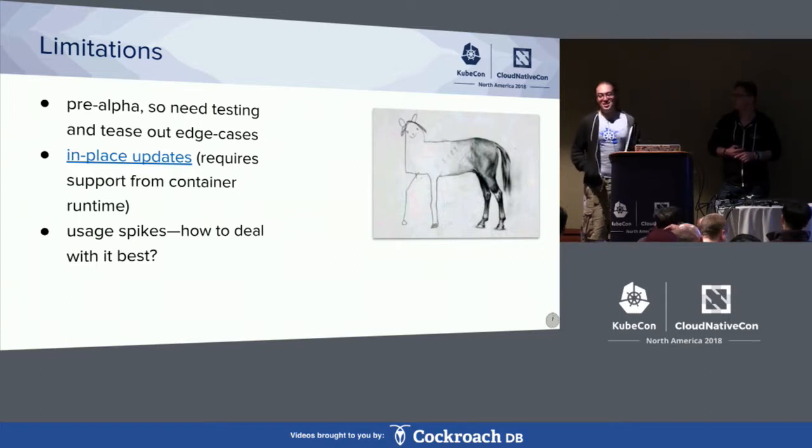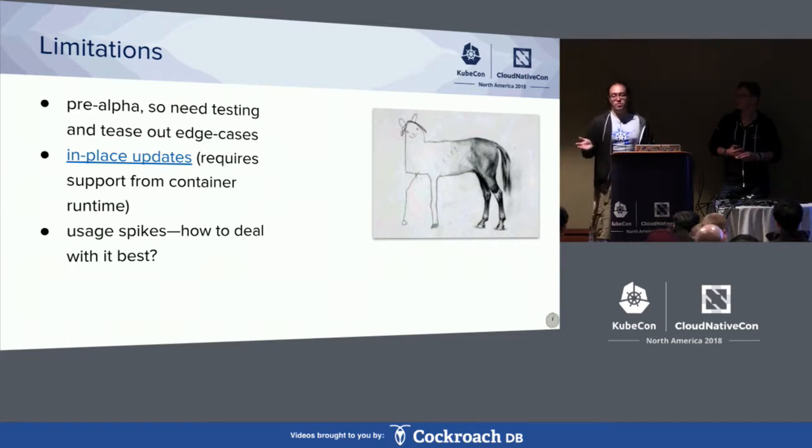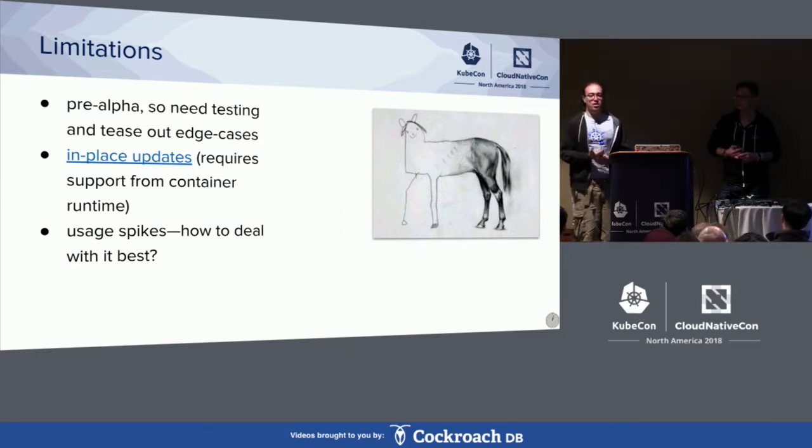If that use case is I need in-place updates, we are aware of that one. But if you have something else that's very clearly like, it looked like the vertical pod autoscaler might work, and then I tried to apply it, and there was just some complete impedance mismatch with my use case, or everything caught on fire and my cluster exploded, let us know, because we're really interested in those so that we can update our design, change how we think about the problem before we go to beta